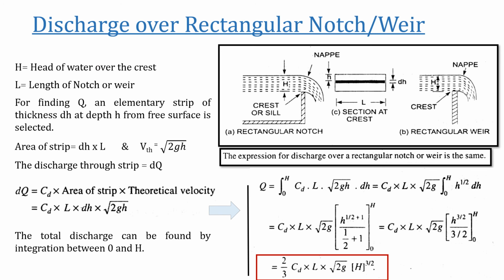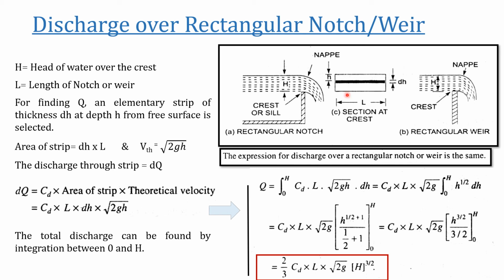Let's compute the discharge over a rectangular notch. The rectangular notch is actually a small opening in a rectangular shape which is compelling all the water in the stream to pass through that small rectangular opening. Because the area of the opening is known, we can develop a relationship for velocity and compute discharge from that. So you can see the rectangular notch over here, and the nappe of fluid, which is the sheet of the fluid, is flowing above it, and the top of this notch is known as the crest.